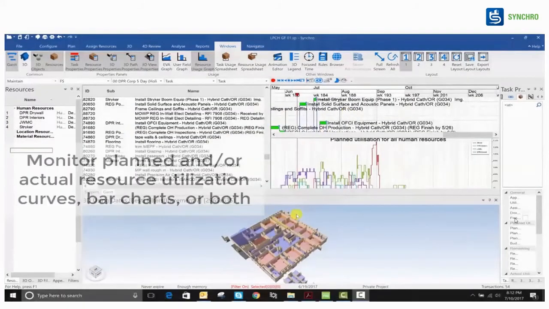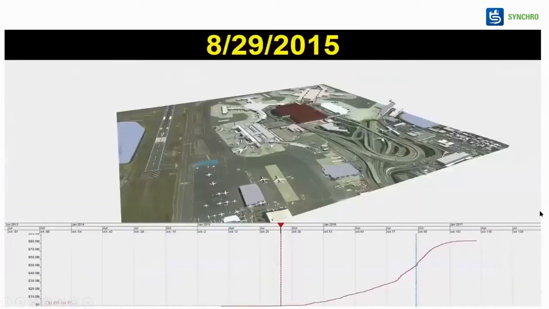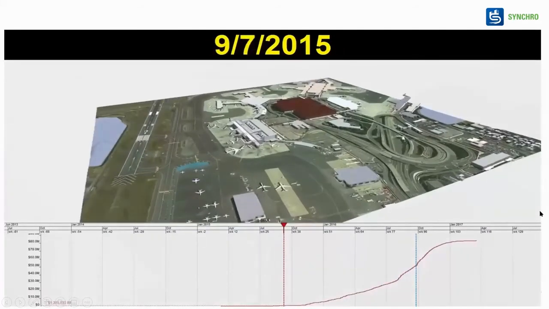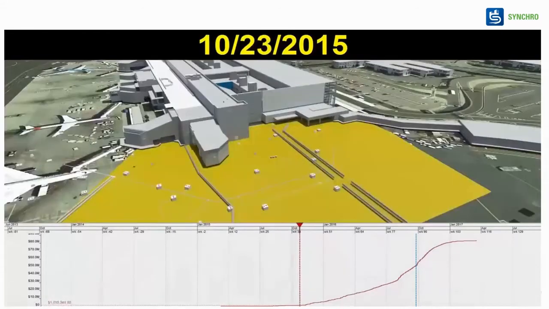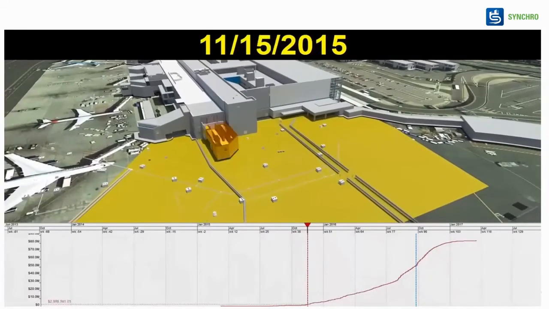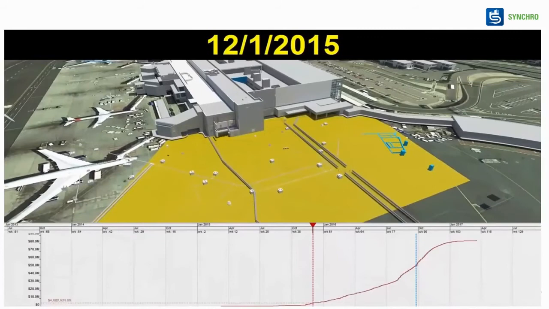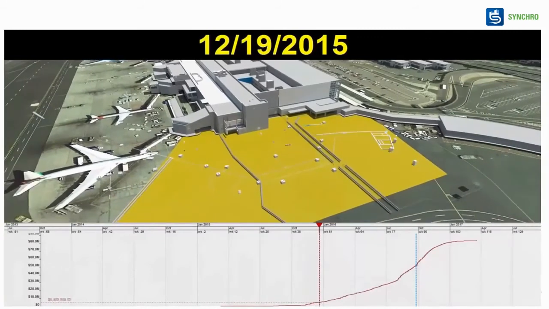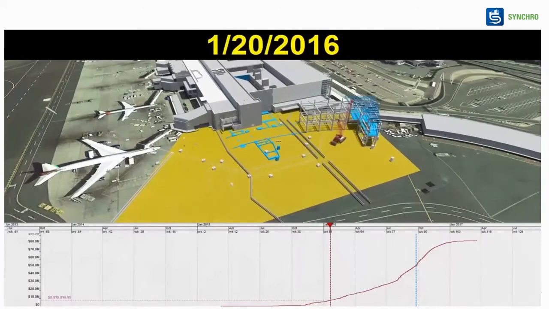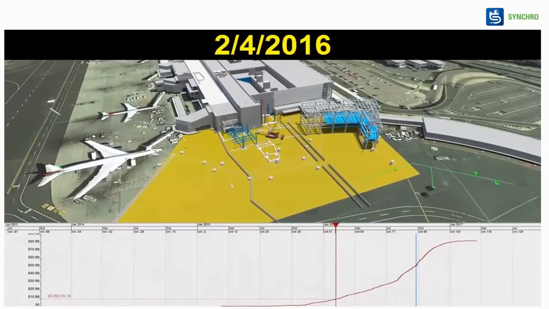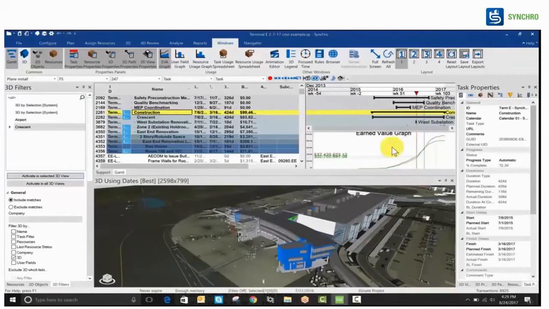So I'll just show an earned value graph of what can be done, at the Boston airport. This is only a planned value. You can definitely add actual cost and do an earned value graph also. This is a Boston airport project we did, and you can see the earned value moving over the 2015, 2016 project.